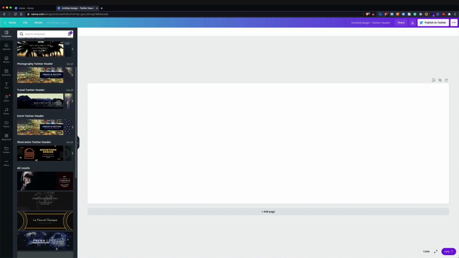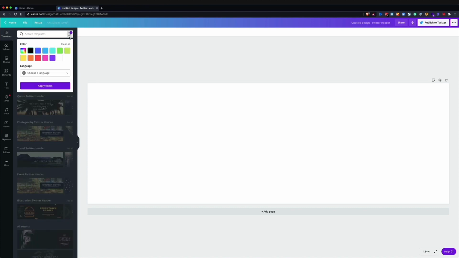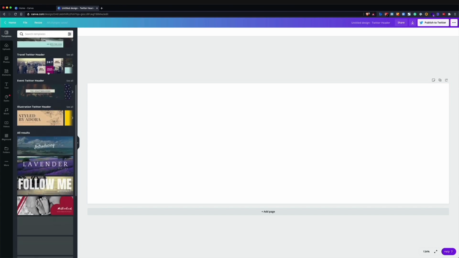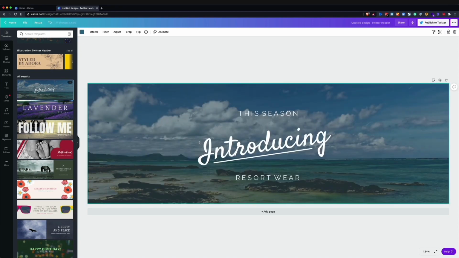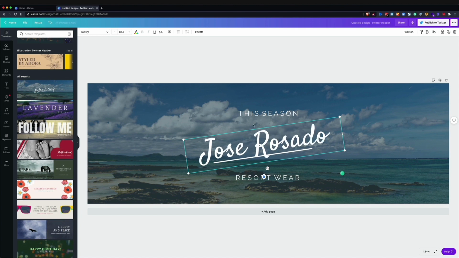Yeah, this looks a little bit better, but I still don't like it enough. So what I'm going to do is just clear all, and I'm going to navigate through all the options and select this one that looks rather cool. I'm going to change this to Jose Rosado. Let's see, this could be web designer, and this could be my website,